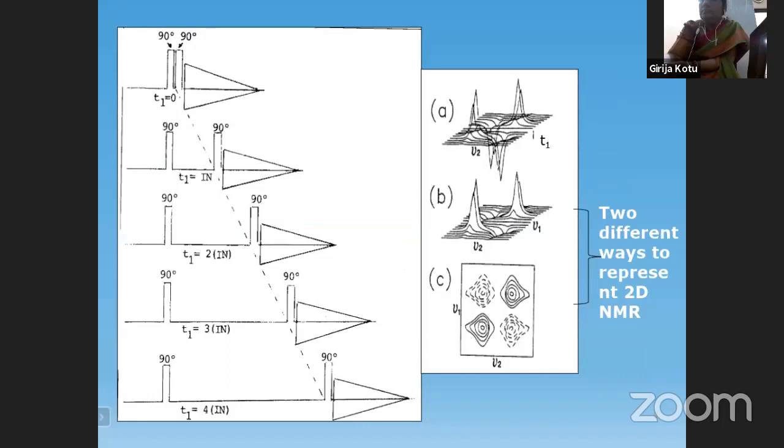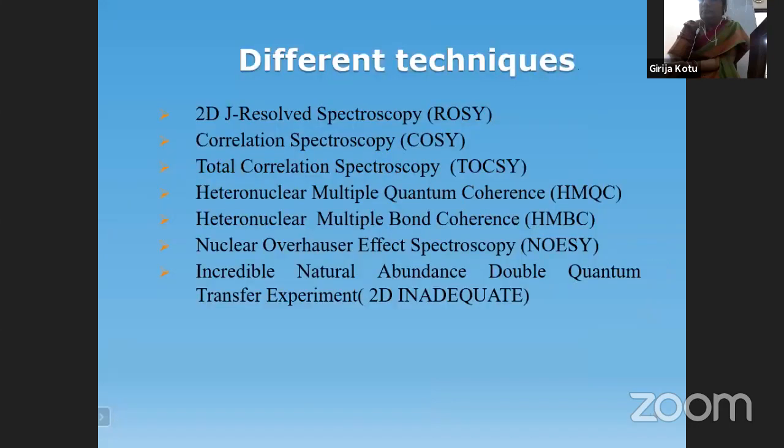And finally, the Fourier transformation is done twice, first over T2 and second over T1. The information which is present in 1D NMR with respect to 2 variables, that is delta and J, because you are doing the Fourier transformation twice, one over T2 and the other over T1, the information which was present earlier in 1D on one axis, the second information is now dragged down to the new axis. And the spectrum is either represented in the form of stacked plots or contoured spots.